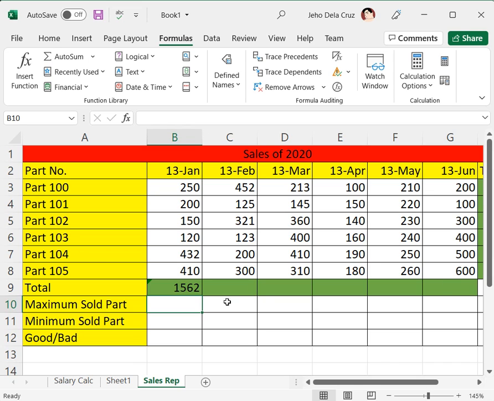Okay, for the absolute, you can actually copy this one. Now for the relative cell, copy, just drag this one to here. So this will automatically place a relative cell formula. For absolute